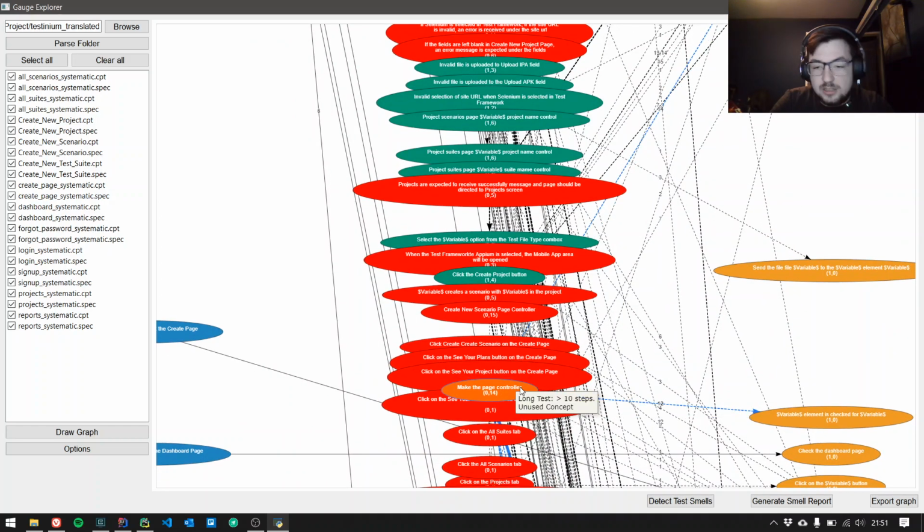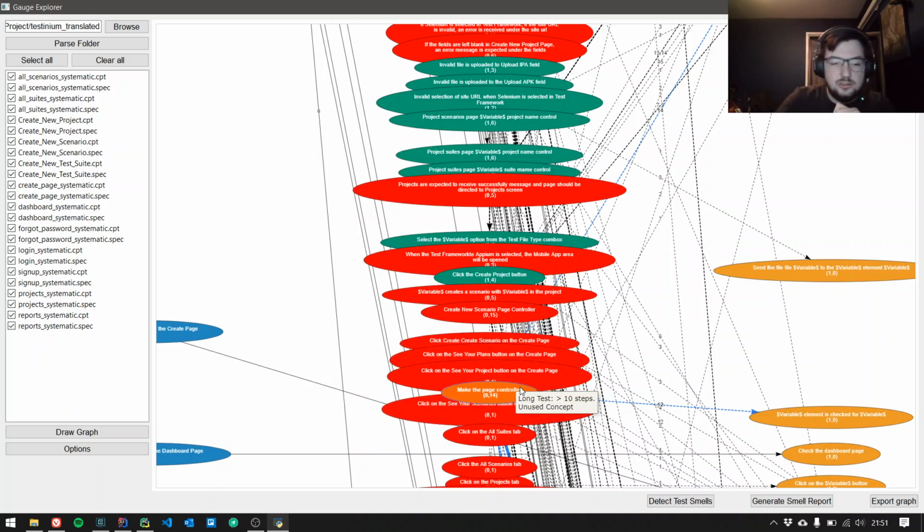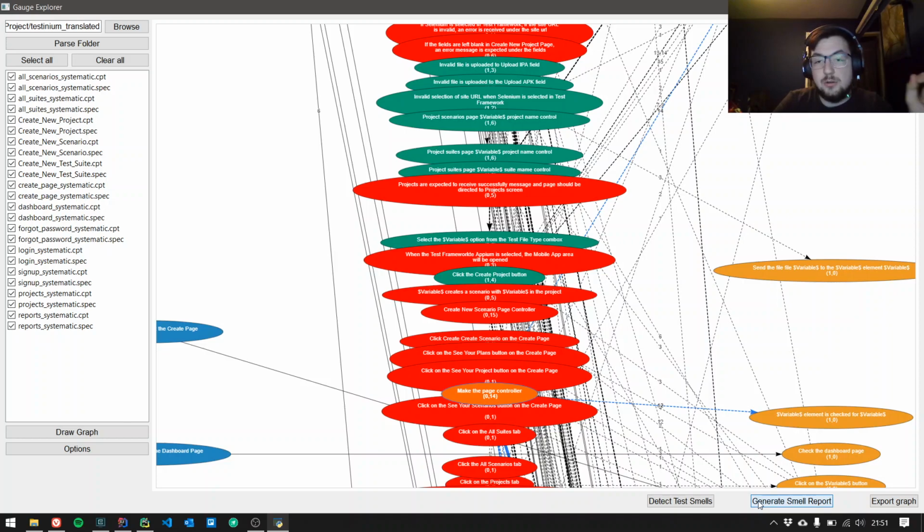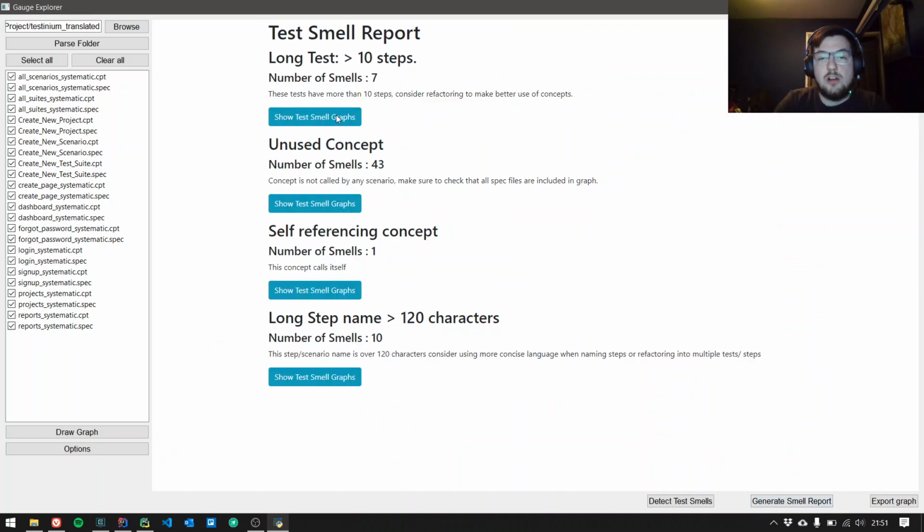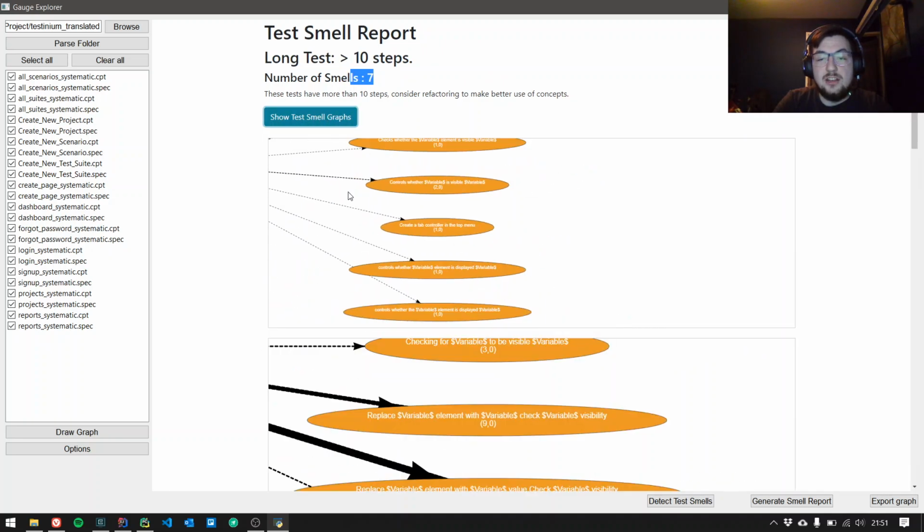Yeah, so this one that has over 10 steps is also an unused concept. As you can see there, while this is a good view to give you an overall sense of the health of your test suite, it can be a bit difficult to pinpoint where things are. That's why we have this generate smell report button, which instead of highlighting nodes on the graphs, generates this report, which will go through each of the currently supported smells and report the number of instances, and then show a